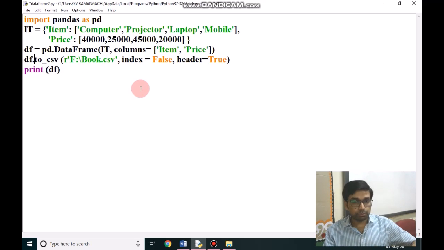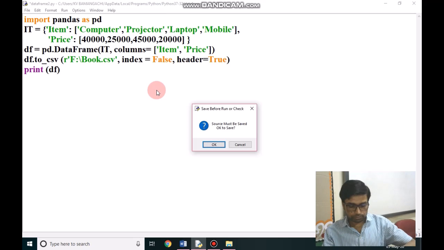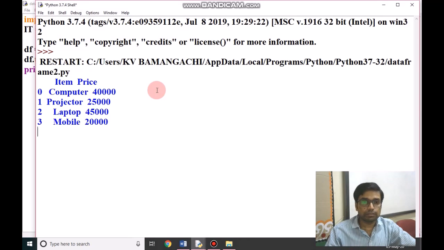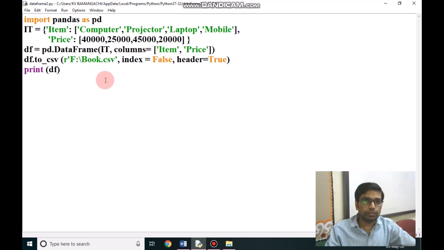So if we run this program, we are looking here, items and price are data, the whole data frame has been printed. It means the coding of exporting data from data frame to CSV file has been successful, and now we will check whether it is successful or not.